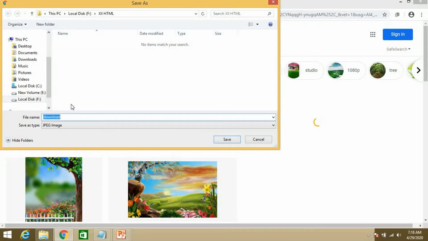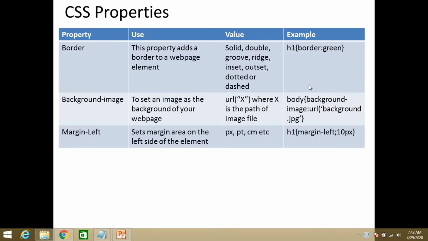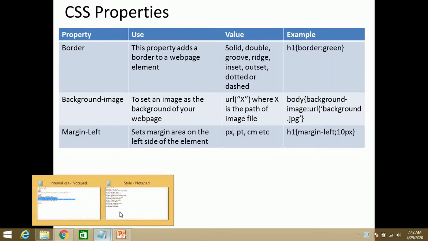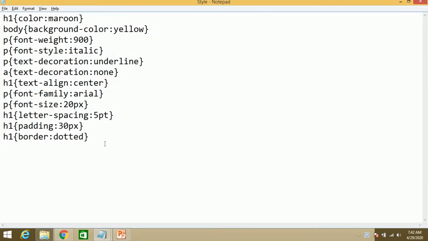Save that image where I am writing the program itself. I have taken the folder 12th HTML. Give any name for the image, nature. So we have saved the image as nature.jpg. Let's apply the image over here.